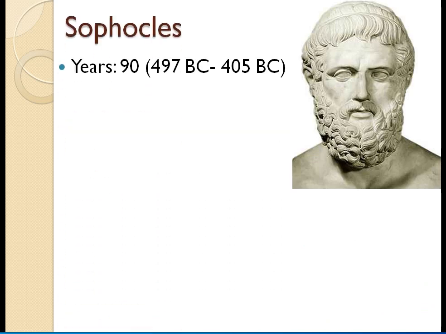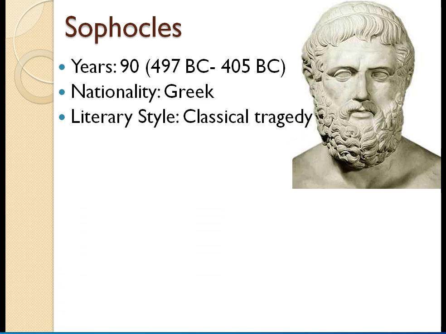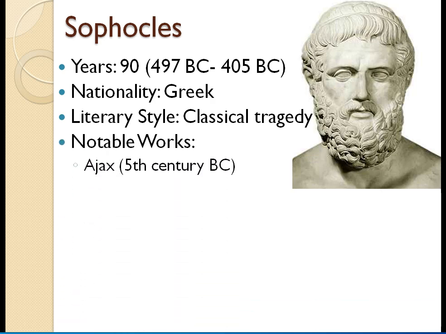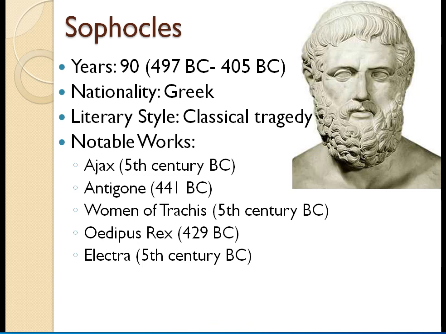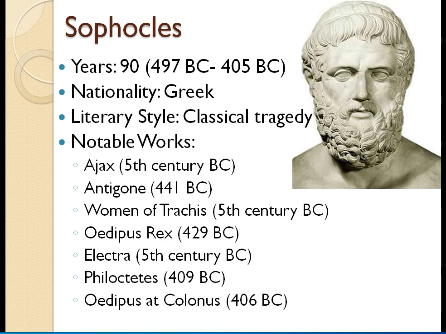Sophocles, year 90, and he was born in 497 BC to 405 BC. So BC is before Christ. Nationality is Greek. Literary style, classical tragedy. His works, Ajax in the 5th century BC, Antigone in 441 BC, Women of Trachis, 5th century BC, Oedipus Rex, 429 BC, Electra, 5th century BC, Philoctetes, 409 BC, Oedipus at Colonus,